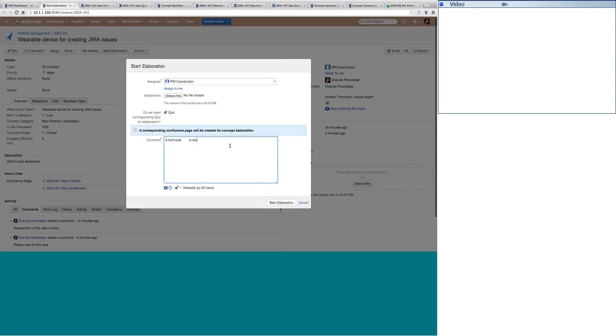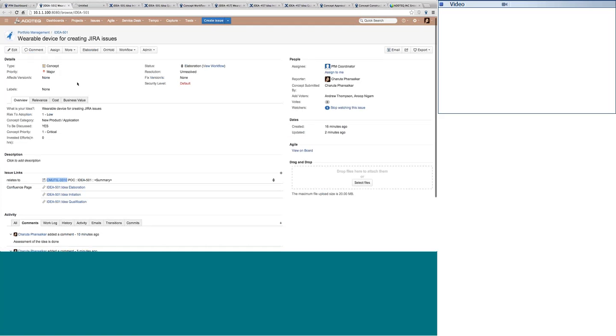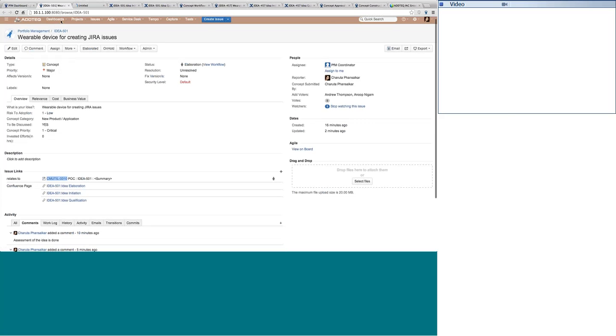Now when I say that the technical POC is required, it is very much essential for me to assign this particular epic to someone. Now let's say that we have another epic which is linked to this particular idea. And of course, if you see the epic, the idea is also linked to this particular epic. So whoever this epic is assigned to, the delivery manager or the technical manager can always jump back to the idea and see where exactly we are on track or whether we are doing the right technical POC.